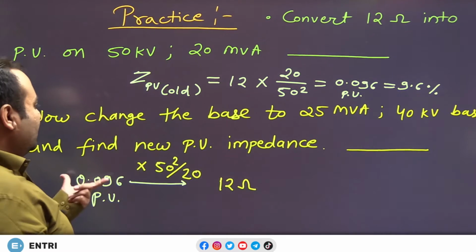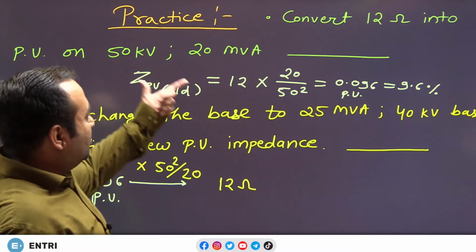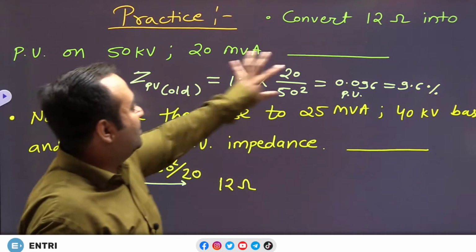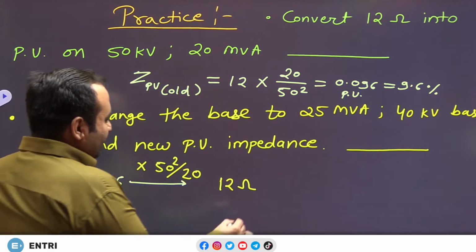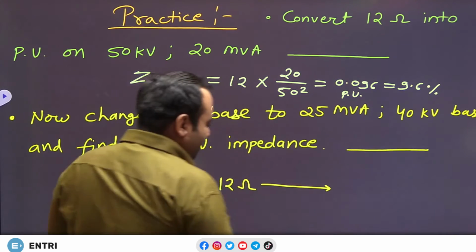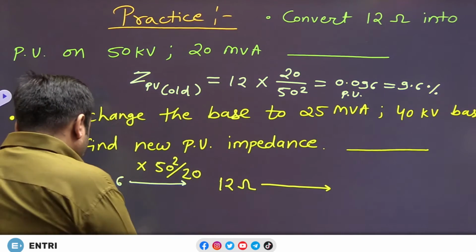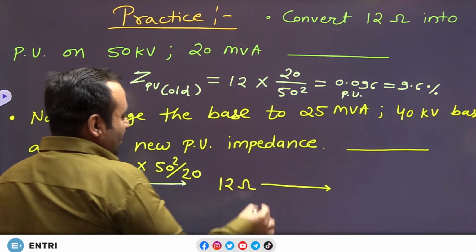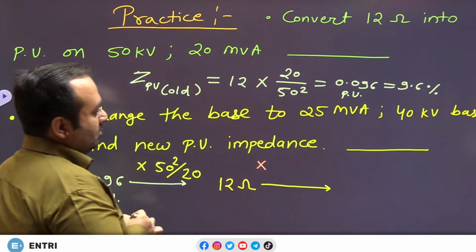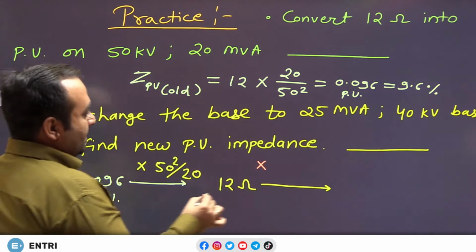I have just converted the value to actual value back. So the reverse of this I've done. Now I'll go to the next part. Now this has to be converted to per unit value. Now I'm going from actual to per unit. Since I'm going from actual to per unit, what will I do now into, what will I do? You tell me. 25